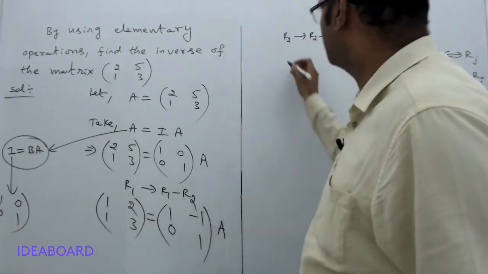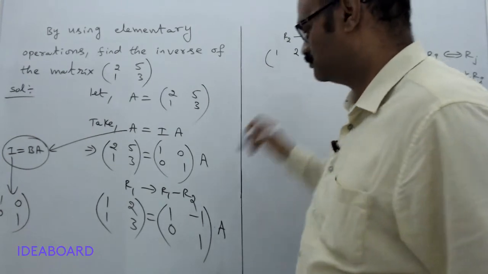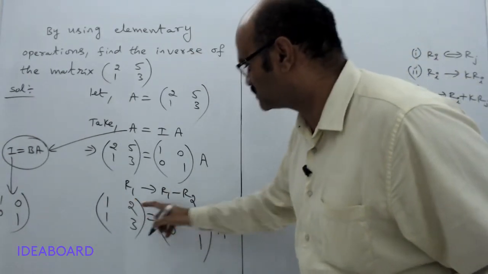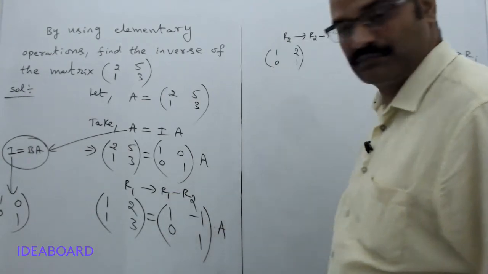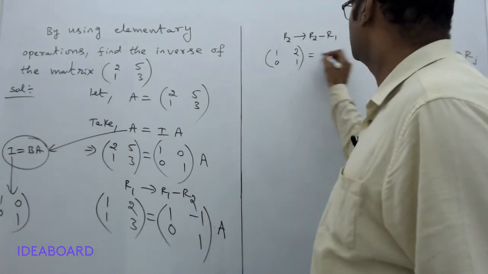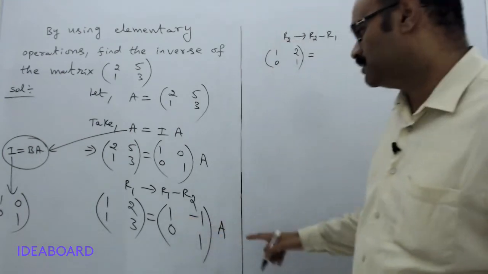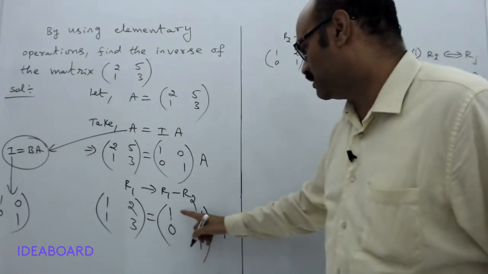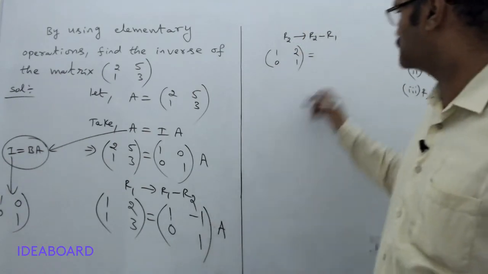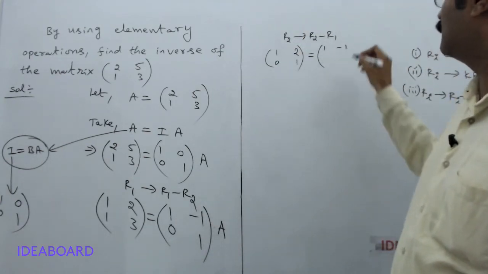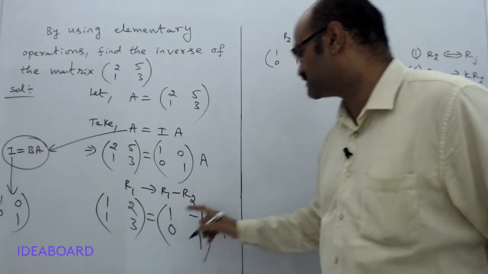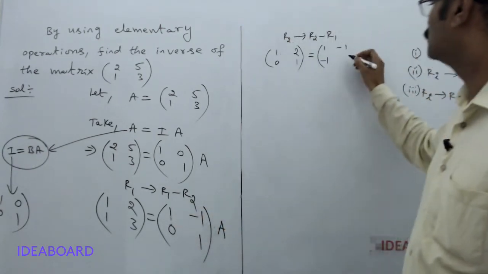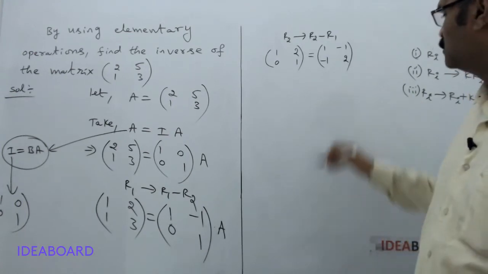So R1 is same: 1, 2, 1, minus 1, 0, 3 minus 2, 1 equal to, now R1 is same here. So 1 minus 1, 1 minus 1, 0 minus 1, minus 1, 1 minus half, minus 1, 2 into